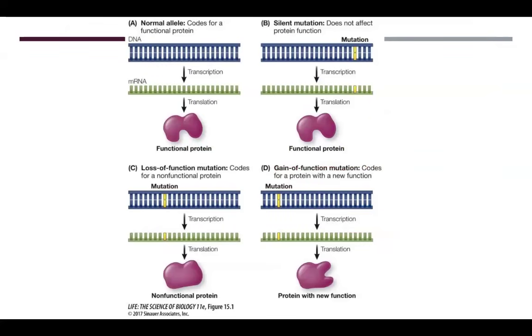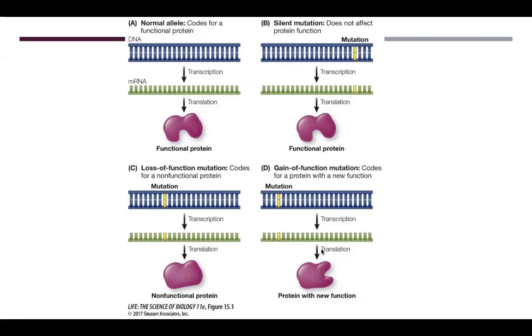And so all these mutations can have different functions. Like we mentioned, with the normal allele, normal transcription and normal translation occur, and you have a normal functional protein. As we mentioned before, with a silent mutation, you change one of the bases, but despite the change, normal translation occurs because that different base still codes for the same amino acid, and you still have a functional protein. With a loss of function mutation, because of the change in base, the protein is non-functional. It lost its original function.